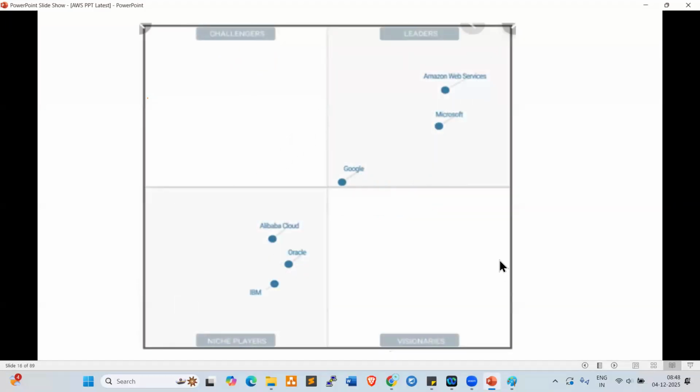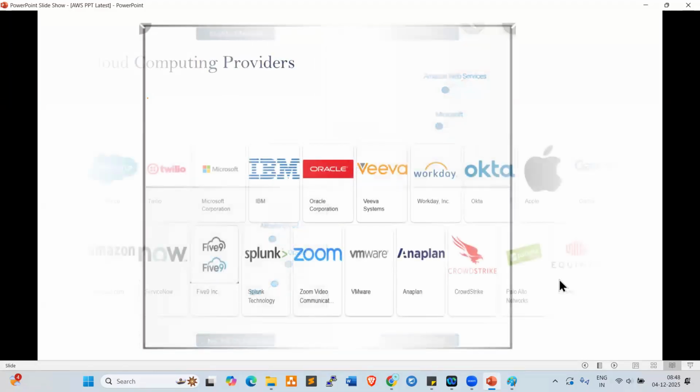Next one. These are the quadrants. In the last quadrant, Amazon Web Services is in first place, Microsoft Azure is in second place, and Google is in third place. Nearly 30 more clouds are available in the market, like Alibaba Cloud, Oracle Cloud, IBM Cloud, DigitalOcean, Fastly, and Heroku.